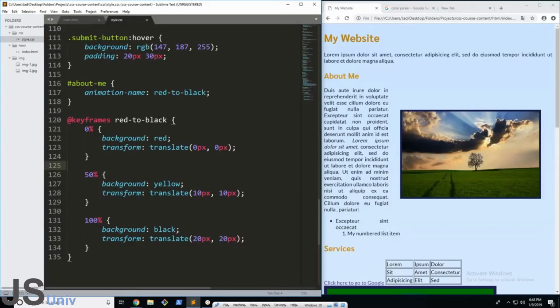Now, I'm only going to be covering some of the basic properties here, but there are many more out there. There are so many different ways that you can work with these animations and change their properties or how they work. But what we're going to do is use some of these basic functions so we can get this up and running. So let's get started. The first one I want to talk about is animation duration,